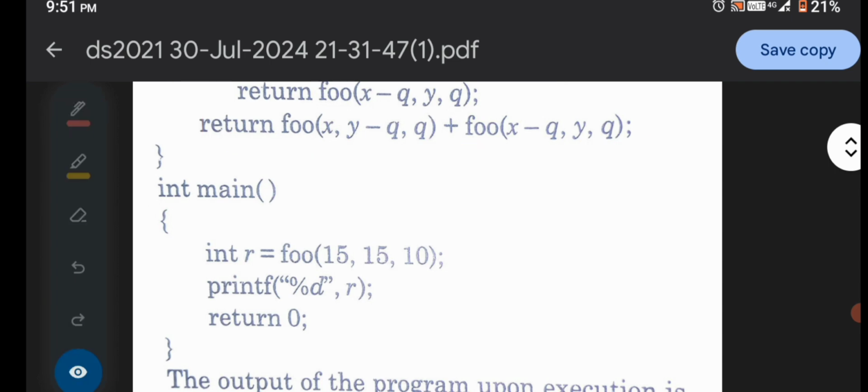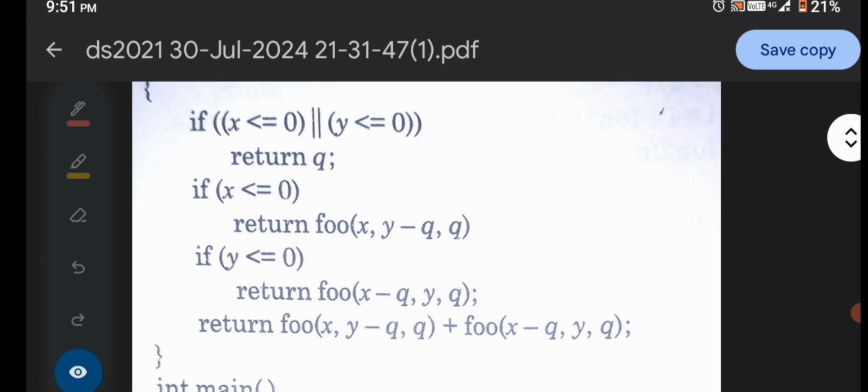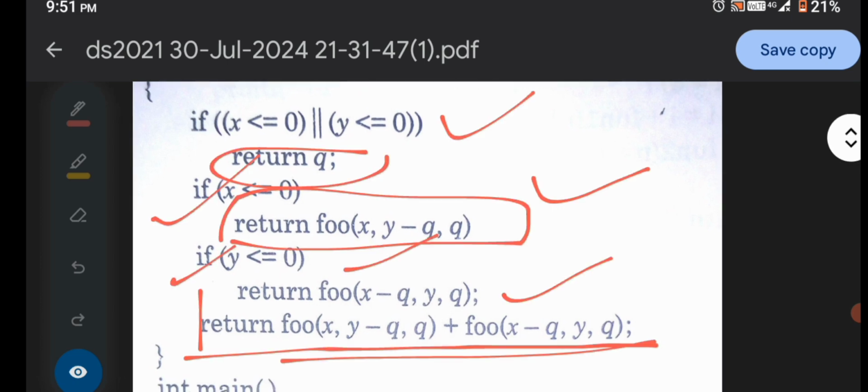Because you can see that the values of x and y are given over here, these conditions are not executed, and it directly executes the return statement, so this one statement is directly called.